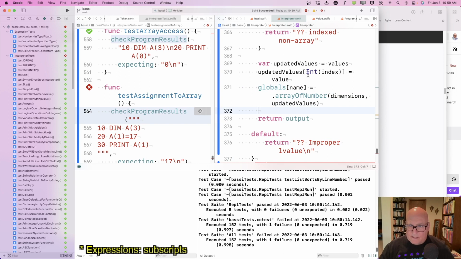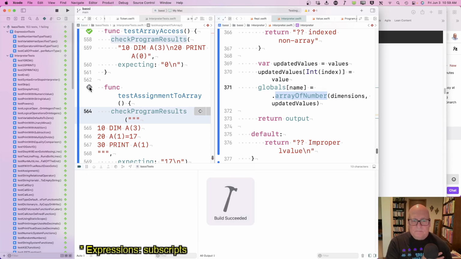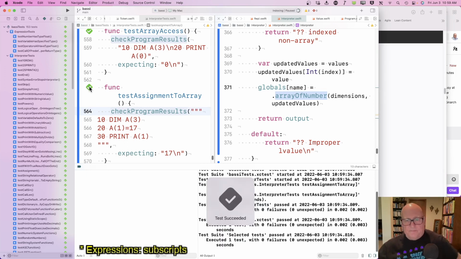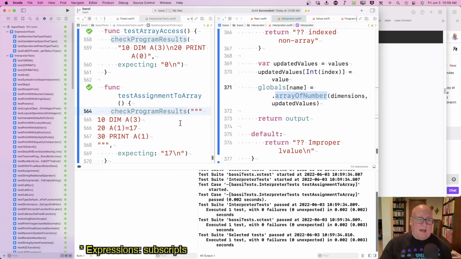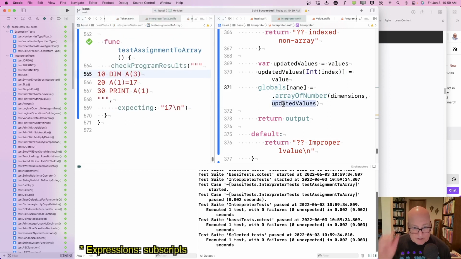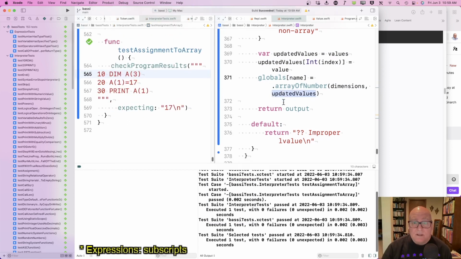I mean, I feel like I'm making copies. This implicitly copies, but this is this copy on write thing, so it only updates the one value. But this, to me, looks like we're creating a new copy. Well, let's see if it passes and then worry about it. Yeah. Okay. Well, I'm happy about that. I mean, it works. I think there's maybe a performance issue that we should probably deal with at some point, but